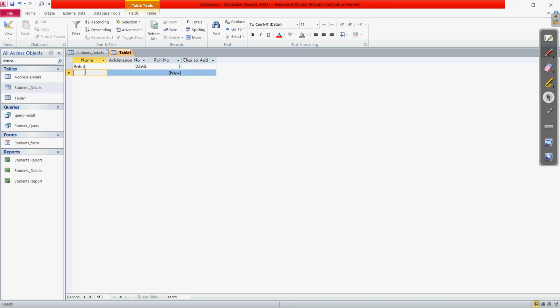Then if we come to the next row, that is the record, and I enter the next value, automatically the roll number appears again, and here we have entered the new admission number. So we will keep on entering the values as many times as needed. Let me increase the size so that it appears a little bigger.